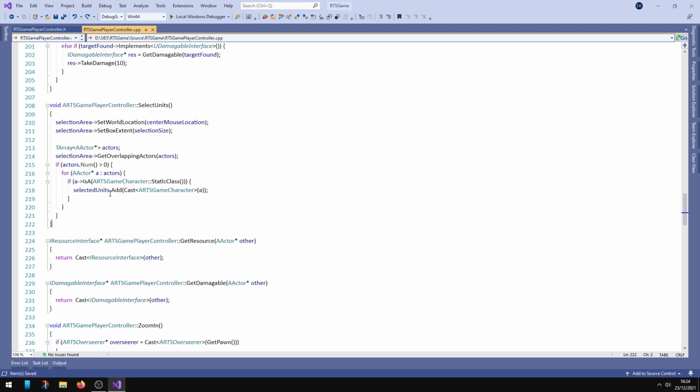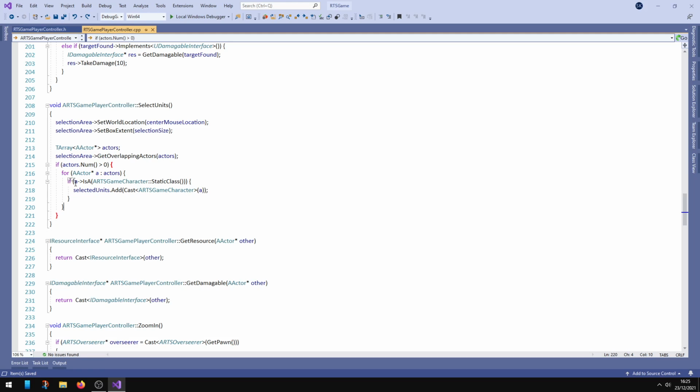So now we have selected units. This will technically select the deer. Obviously we don't particularly want that, but